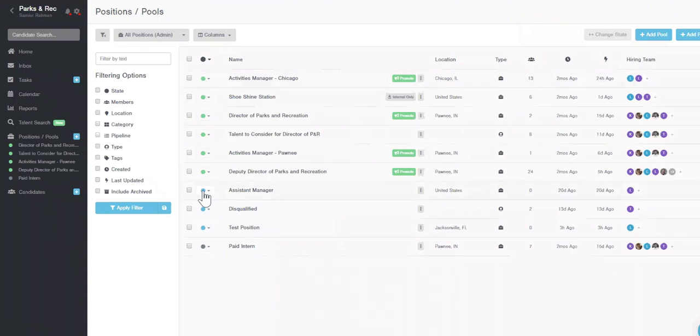If you have anything with a blue dot, that means it's in a draft state, and if you've closed out a position, you'll see that with a gray dot next to it. Clicking the dot allows you to change the status of a position or a pool directly from within this list view as well. To create a position, you click the Add Position button in the top right corner, and it